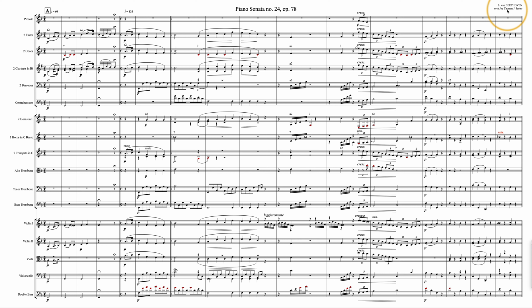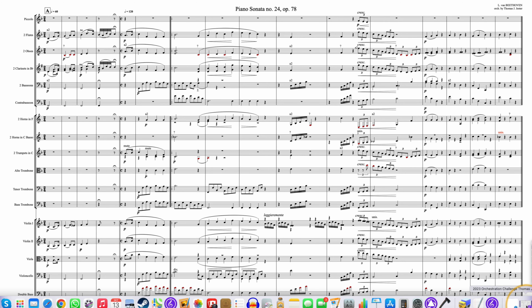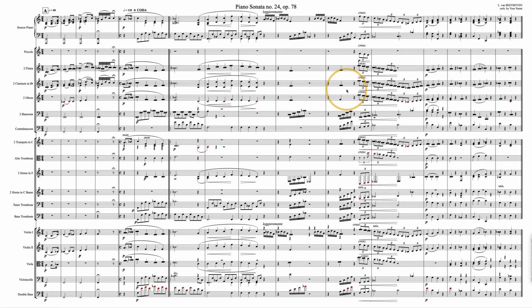So, look, I'm just going to start this off by giving you some tips about the score that you sent me. This is what it looked like after I had imported your music XML. All right. Just a few words to you about organizing things for me, and for yourself, just for your own peace of mind as an orchestrator, and as you get better at scoring. Okay, so the first thing is